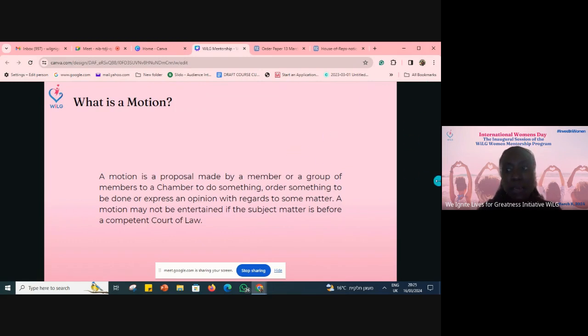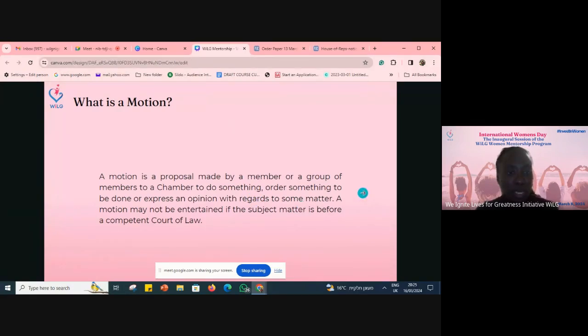Most of the time, the people that draft the motions are the people who are working with the member, but the member too can engage in drafting and the review process. But those are what the legislative aides help in doing. The reason I really wanted to teach this course is so that you have knowledge when you're engaging your legislator and saying, we want a change in this area in our community. You can tell him that you can draft a motion for that, or you've already drafted a motion, this is the sample and this is what you want him to deliberate on